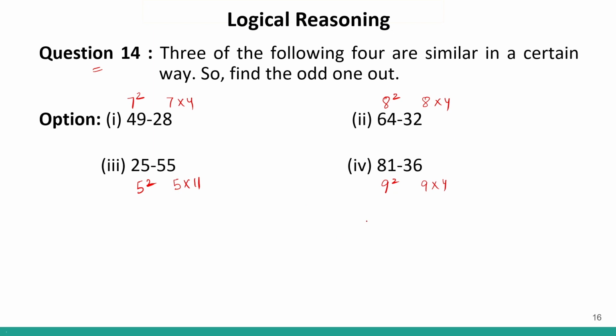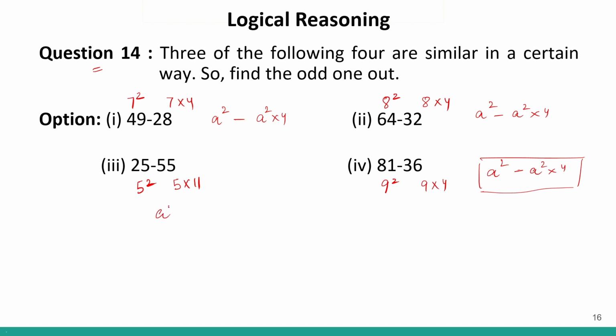So, over here I can see the first digit is, let's say this is A. Let's say 7 is A. So, this is A square. The first digit is A square and the second digit is A square into 4. Similarly, if we consider 8 to be A, this is A square and A square into 4. These are the digits. Over here also it is A square and A square into 4. So, this is the logic.